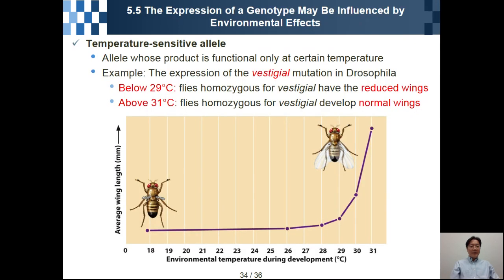Okay. In this slide, we will learn the final subject. The expression of genotype may be influenced by the environmental effect. The very famous environmental effect is temperature. So in this slide, we will see the temperature-sensitive alleles, an allele whose product is functional only at a certain temperature. The very famous example is expression of the